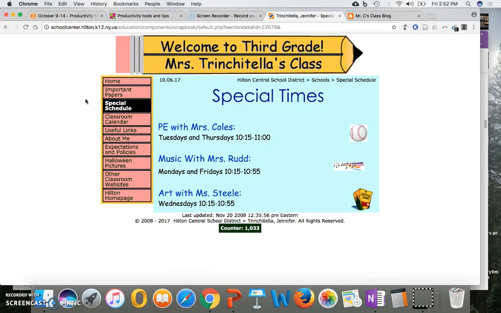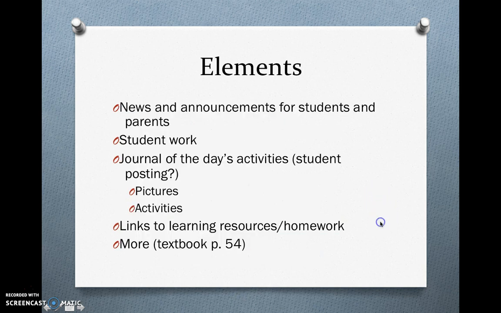If you want to post a lot of updated content, like maybe each week or even each day, then you'll want to use a blog. But if you want things that will stay there all the time, then a website's probably what you want. Anyway, so talking about those, well, you can have a class website, and there can be things like news and